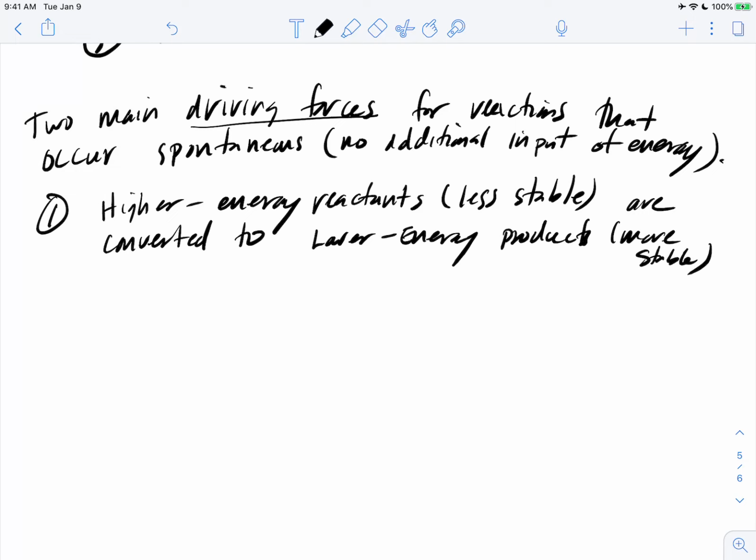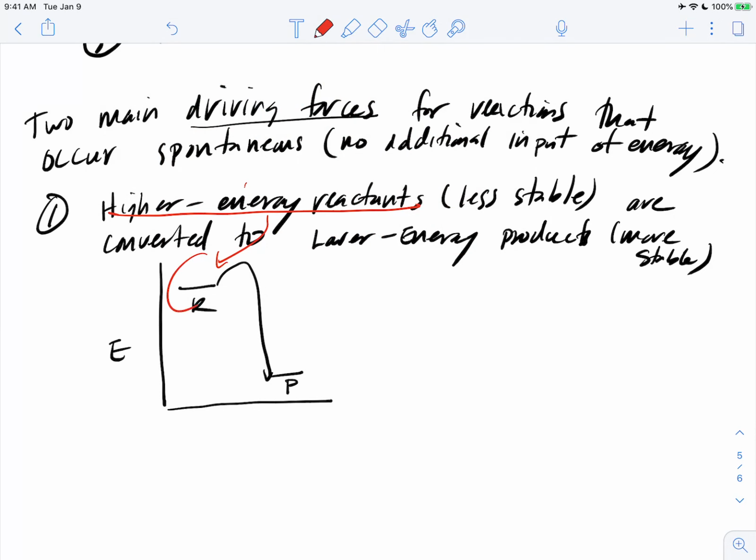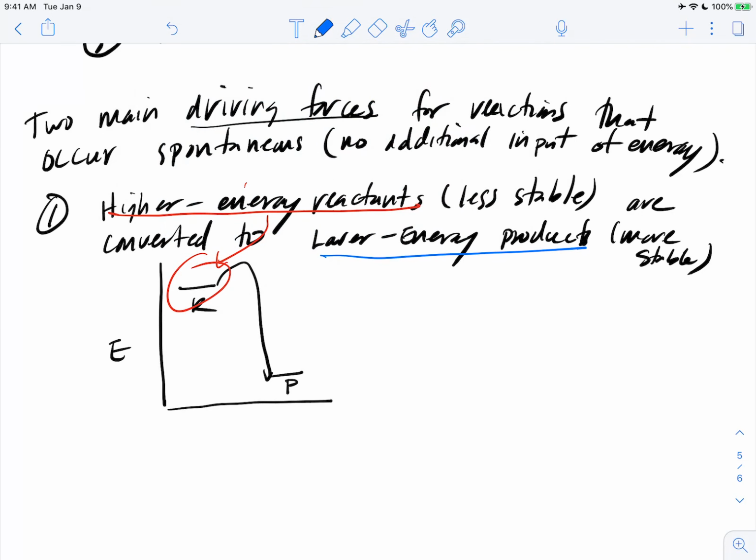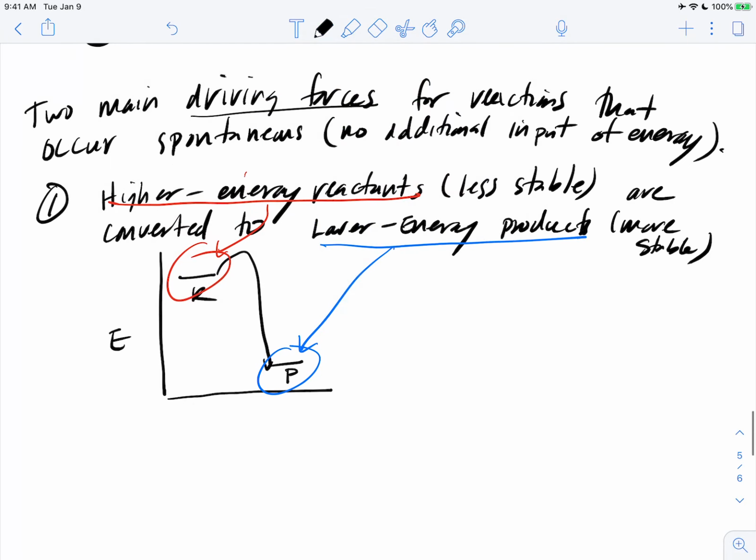So if we remember, that's a situation that we saw: high energy reactants being converted to low energy products. Okay. So that's a summary of